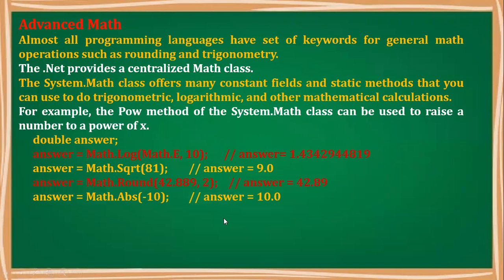The next is Math.Abs. The Abs function gives you the absolute value, so it will give you 10. The next is the Math.Log function, which will give you the logarithm of the particular value you have provided as a parameter. Math.PI is obviously 3.14. Here Math.PI in capitals is a static constant field. It is not a method, it is a predefined constant field, so it holds the value 3.14.